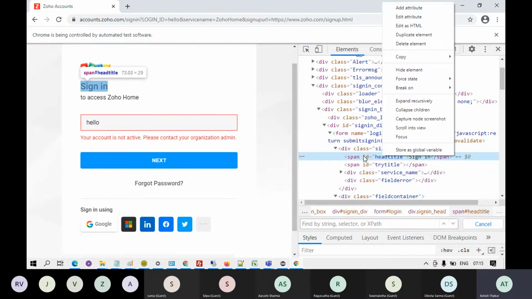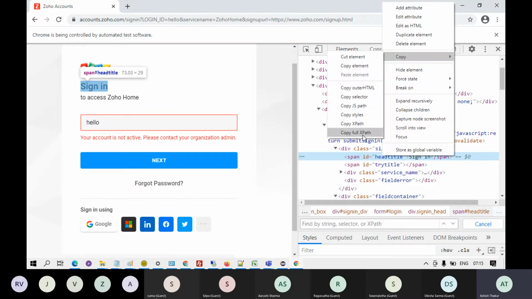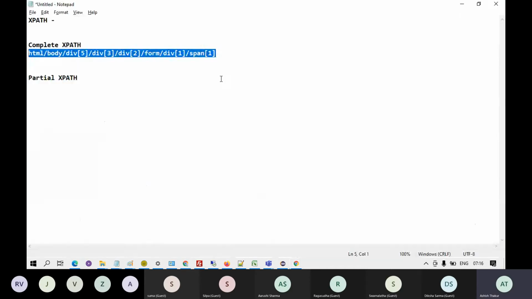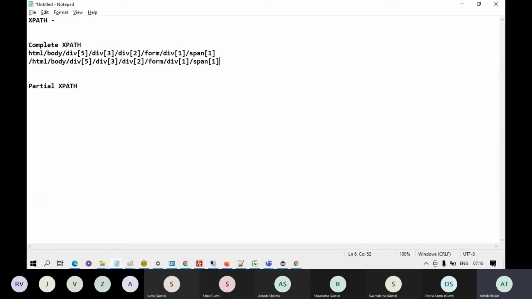You just right click on it, you will get the option copy full XPath. Not copy XPath, copy full XPath. So when you copy the full XPath, you will get the XPath like this. There will be initial slash. You can omit this slash if you want, it's no need. So you get the same XPath which I have calculated manually.